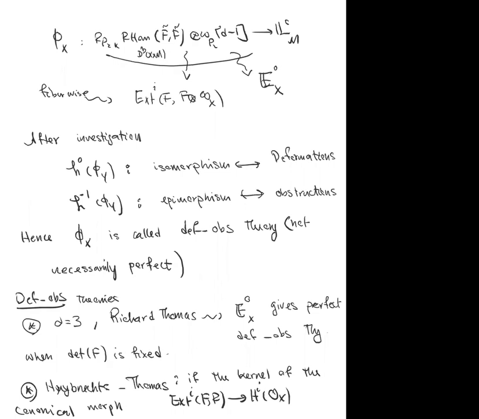Where is this really coming from? Well, the trace map really means that you can take the determinant of these sheaves. So there is a map from here to Ext^i of the determinant of the sheaves. These are coherent sheaves, and then you can take the determinant in this factor too. These determinants are invertible sheaves, line bundles, so they cancel each other and they produce this H^i(O_X). So there's a canonical trace map, and this map has a kernel. So if the kernel of this canonical trace map vanishes,